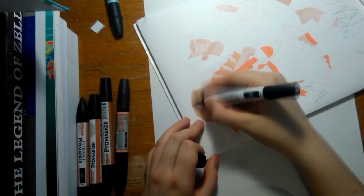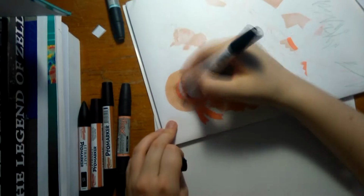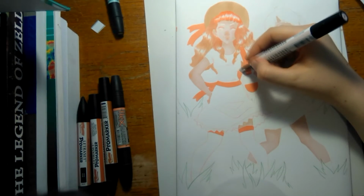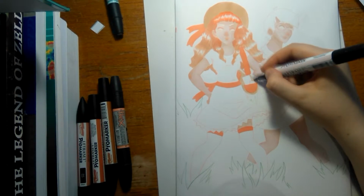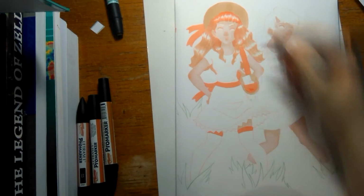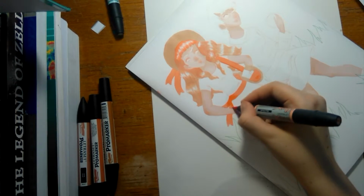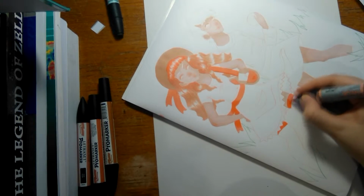Here I'm using putty, which is what I picked out to use for the hat, and accidentally used on the hair, but this is where I was supposed to use it. This is where I'm using it now. And I also use it in the bag, as you can see, just to tie it together, and I also use it in the skirt of the other girl, which you can't see right now because I haven't done it, but just adding a little bit of shading by layering up the two, well, not the two,